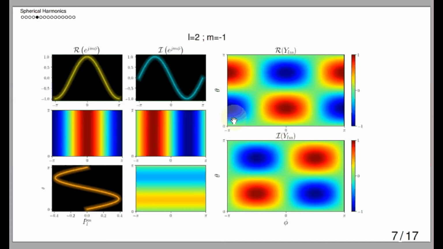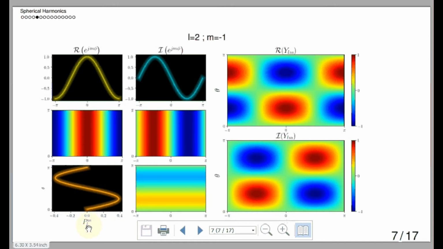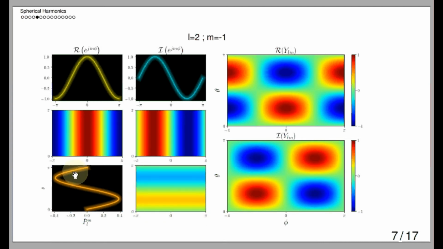Now for degree 2 and m equals -1, that is for L equals 2 and m equals -1, the real part of the complex exponential is here and the imaginary part is in this blue color. In a similar way, if we tile these two functions across theta, the maximum you see in red color and the minima in blue color. Similarly for this imaginary part. The associated Legendre polynomial changes with both L and m, that is degree and order. Its behavior with respect to theta now varies from -0.4 to 0.4. Now if you tile this function across phi, what you get is this one. This minima corresponds to the blue color and this maxima to the red color.